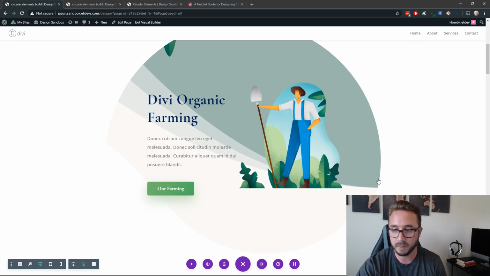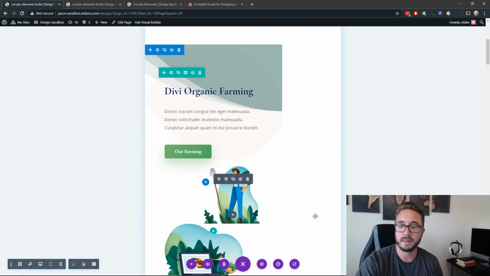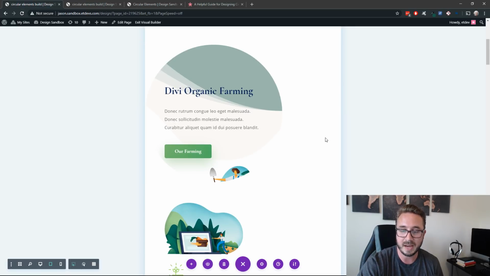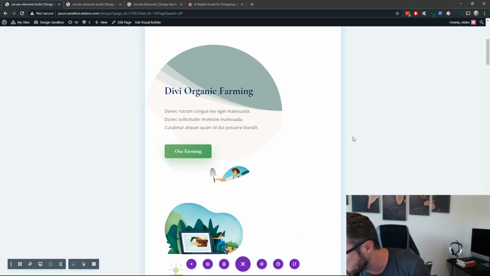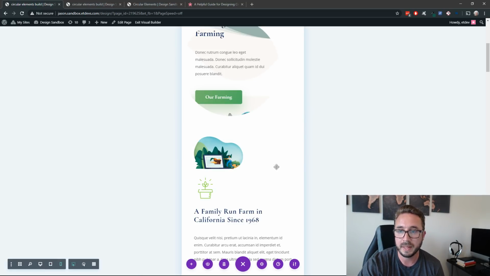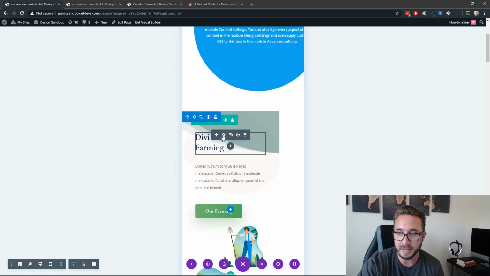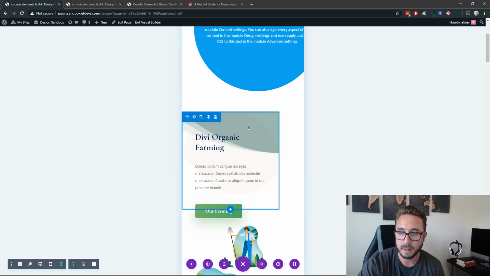And let's go ahead and check out what that looks like on our different browsers here. So on tablet, you can see that our image is mostly hidden, and that's something we'll have to sacrifice. But of course, you could always use the transform options, or the transform translate option, excuse me, to move that on tablet up into view more. And then on phone, of course, it looks like we need more width